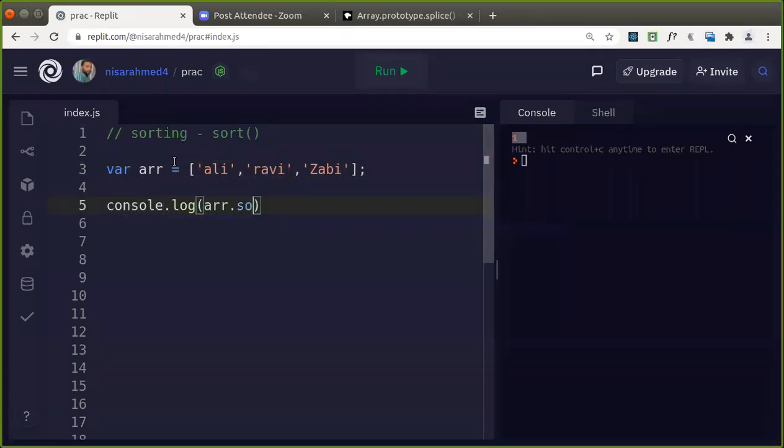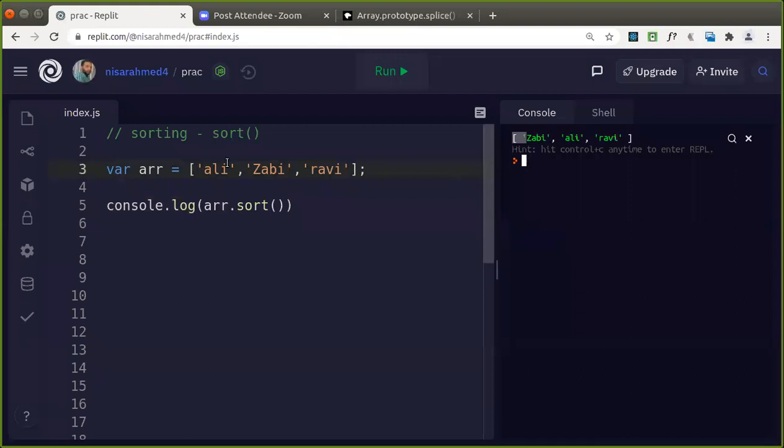So array dot sort, let's put it here. You can see we got the elements sorted. Can you see we got first of all Ali, then Ravi, then Zavi.